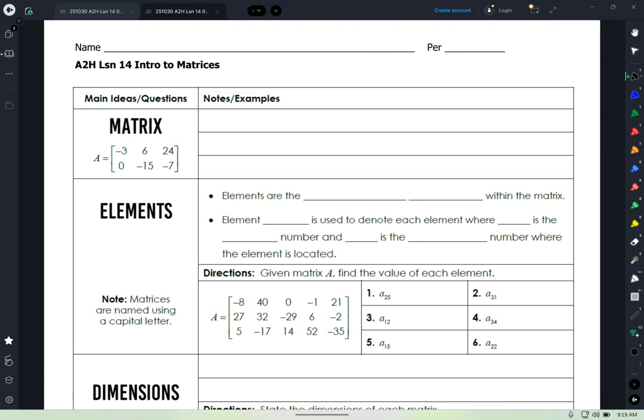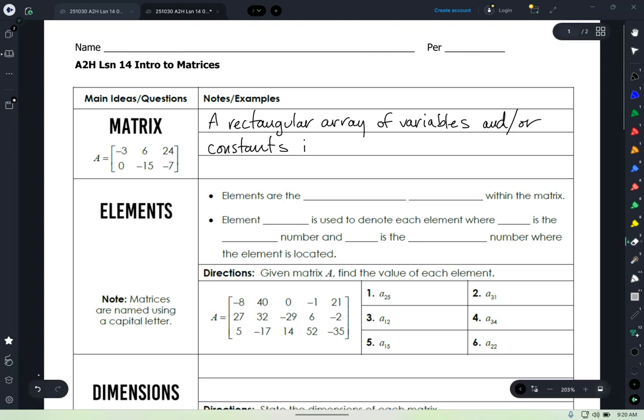Okay, all right, so let's talk about what is a matrix. A matrix, let's give just a definition. It is a rectangular array of variables and/or constants organized